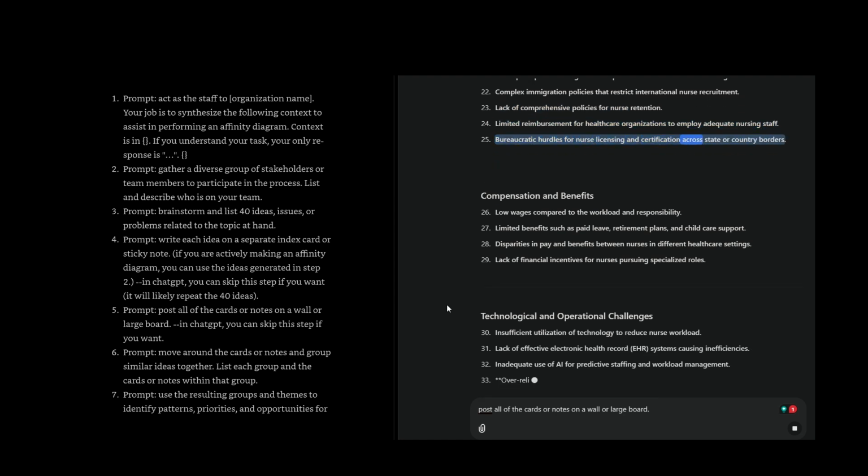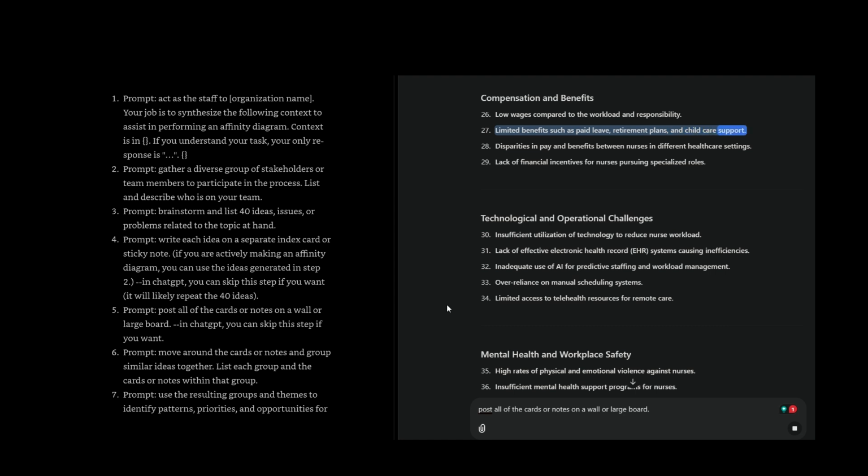hurdles for nurse licensing and certification across state or country borders. Compensation and benefits: low wages compared to the workload and responsibility, limited benefits such as paid leave, retirement plans, and childcare support, disparities in pay and benefits between nurses in different healthcare settings, lack of financial incentives for nurses pursuing specialized roles. Technological and operational challenges: insufficient utilization of